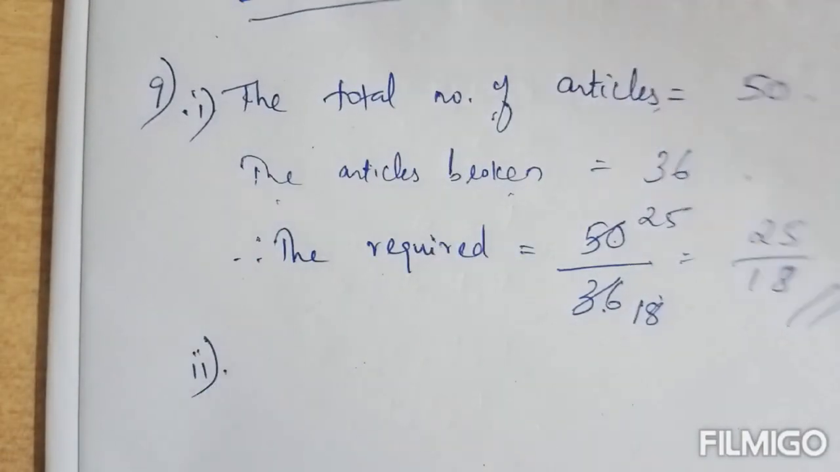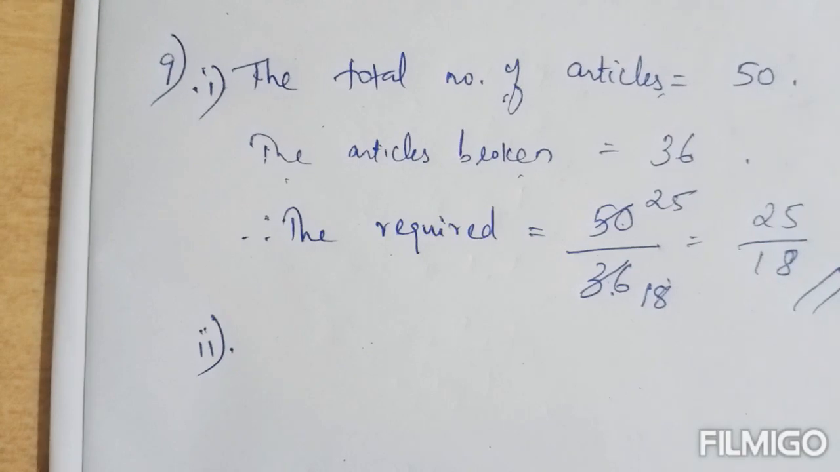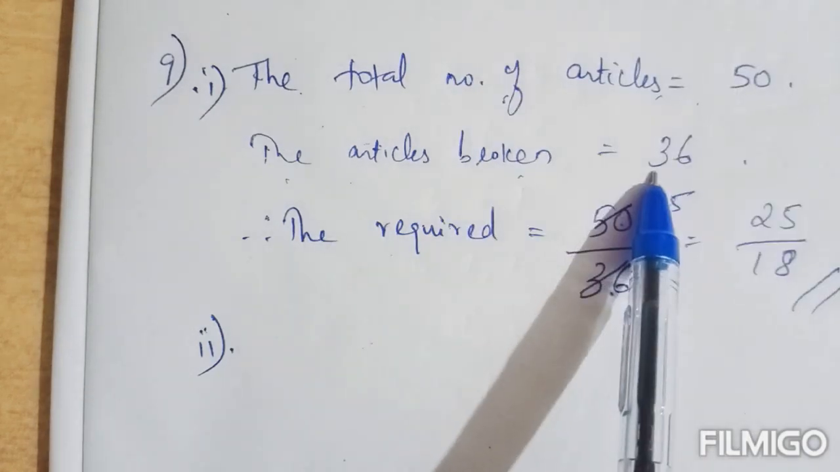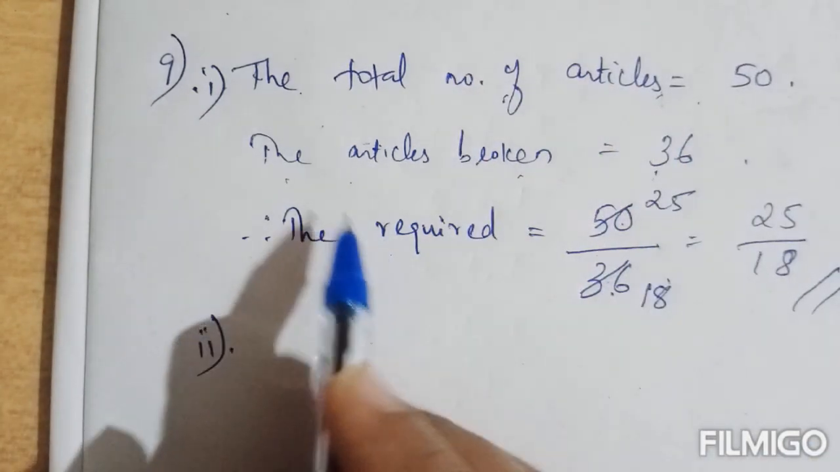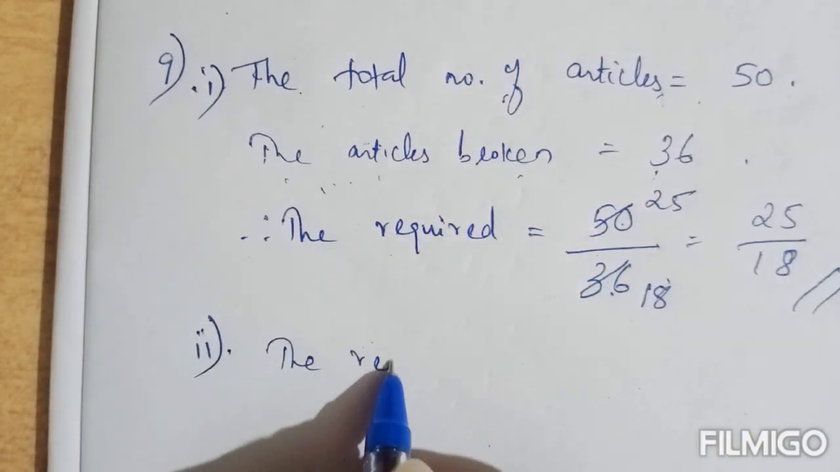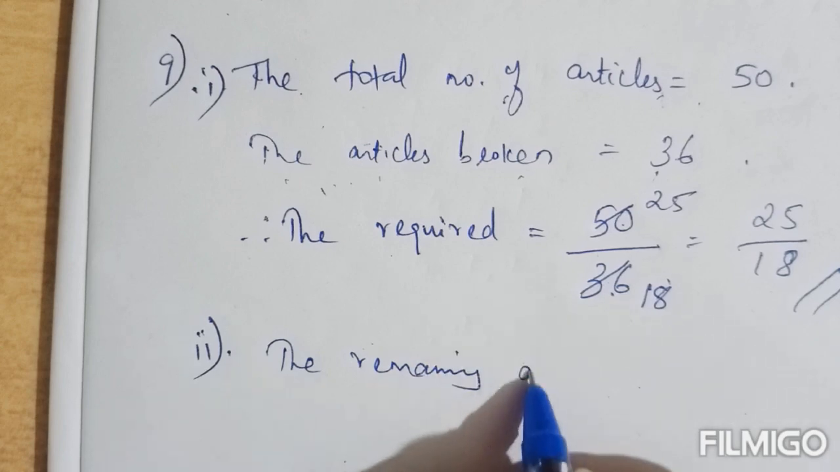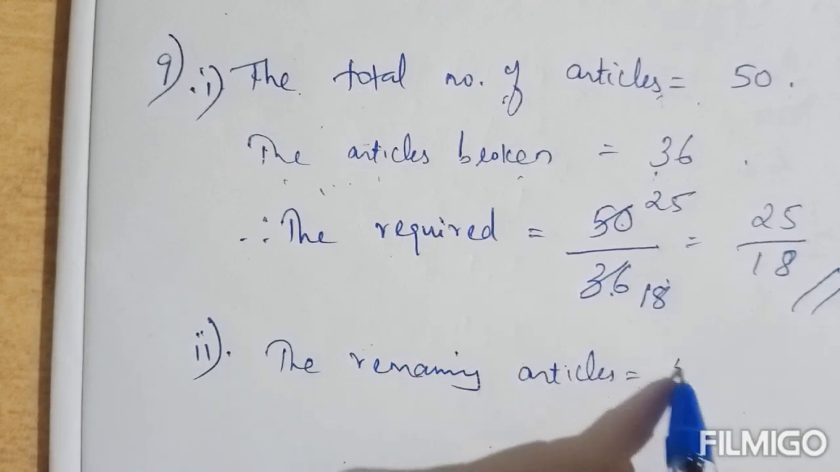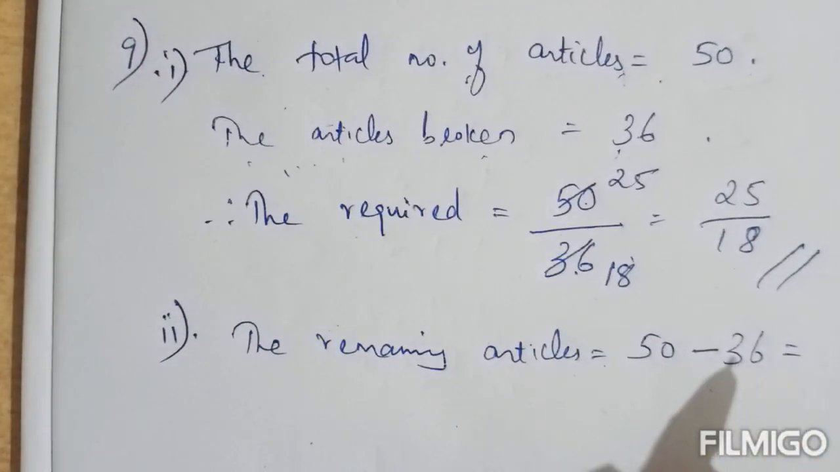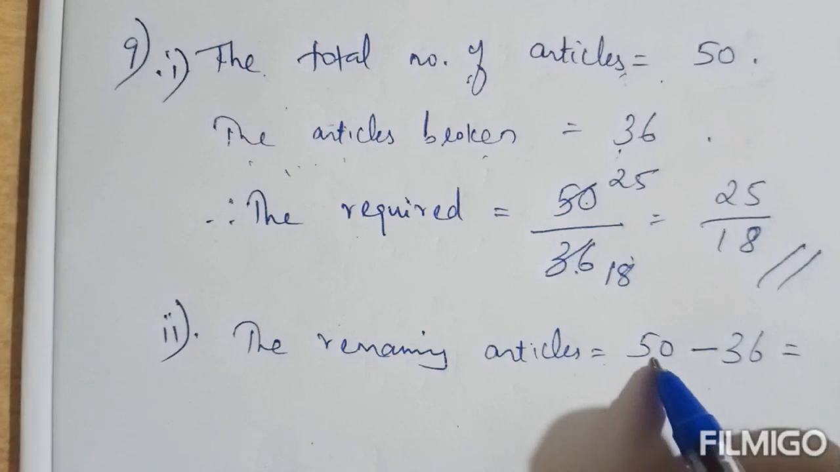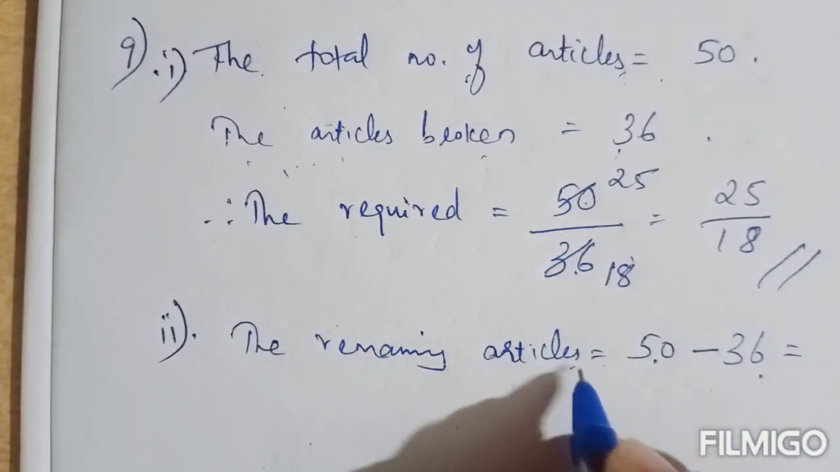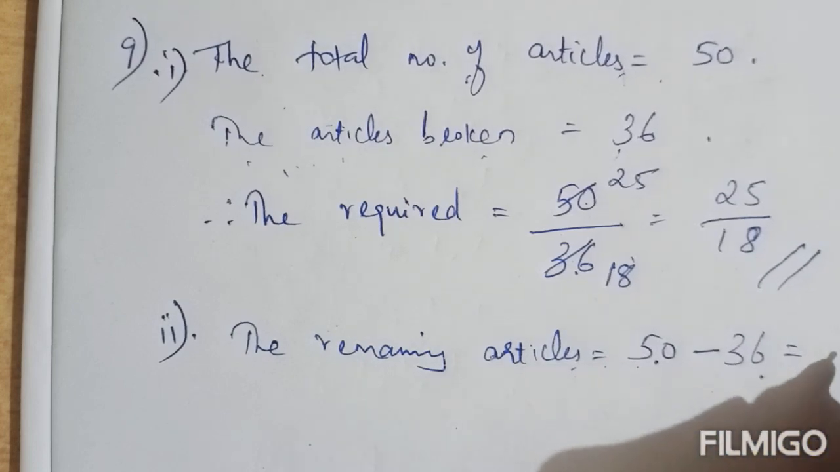Now second one, the remaining articles and the total number of articles. Okay, so in total number of articles, 36 are broken. Total 50 are there, and out of that 50 articles, 36 are broken. Therefore, what will be the remaining number of articles? Remaining articles, it will be 50 minus 36. Okay, total 50 articles are there. Out of that 36 are broken. Therefore, the remaining number of articles, it is 50 minus 36. You will get